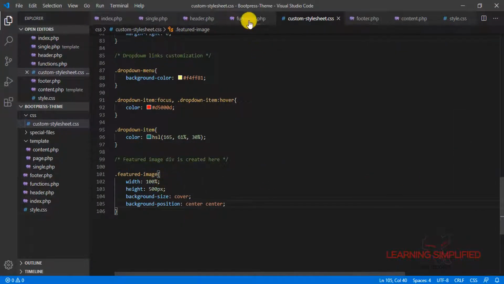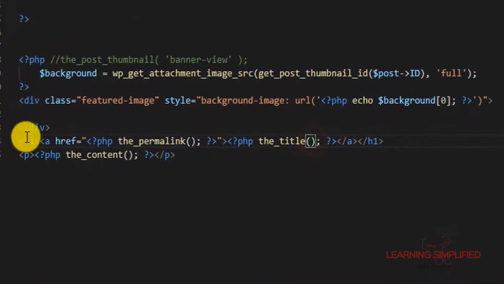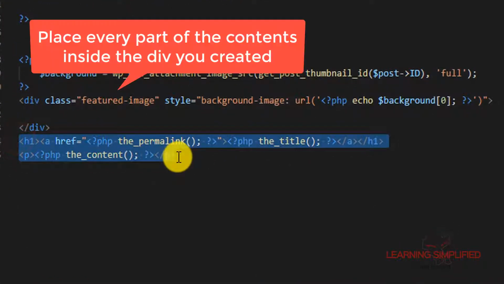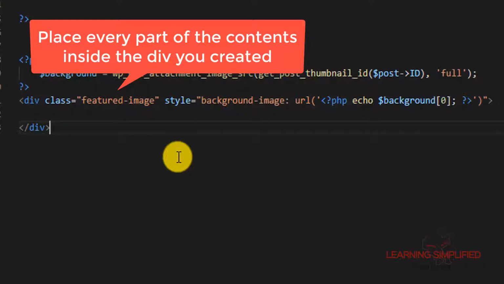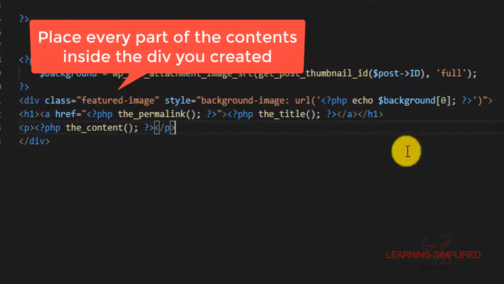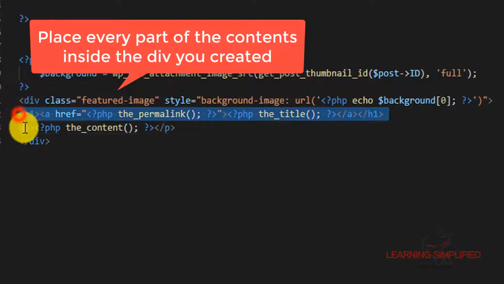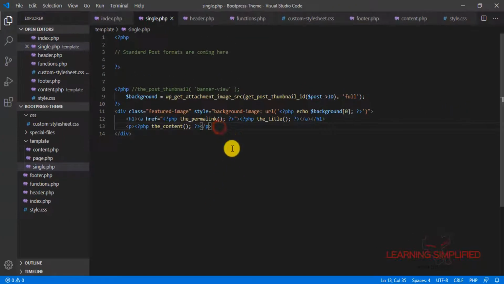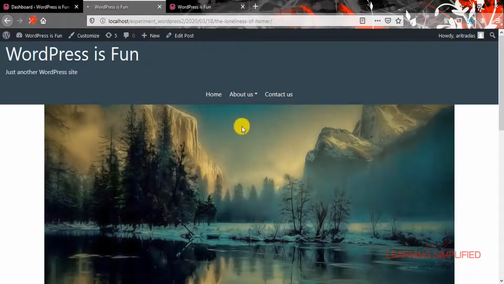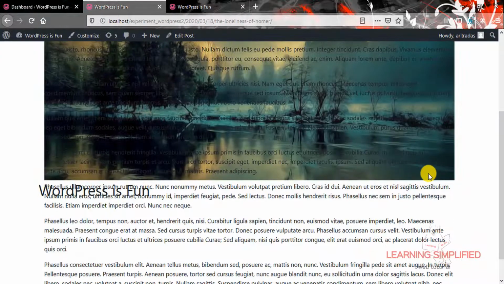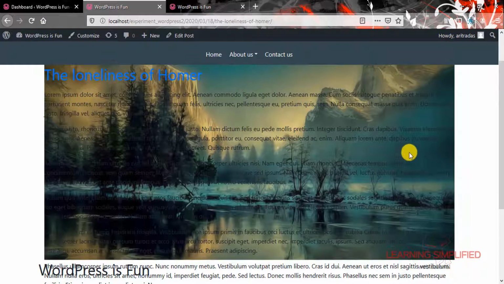So let's head back to this single.php, and here, instead of putting it right over here, let's cut this thing and paste it right into this individual div. A little bit of indentation, there it goes. Get back to your project and reload, and you can see that the overall content is now placed within this particular div.